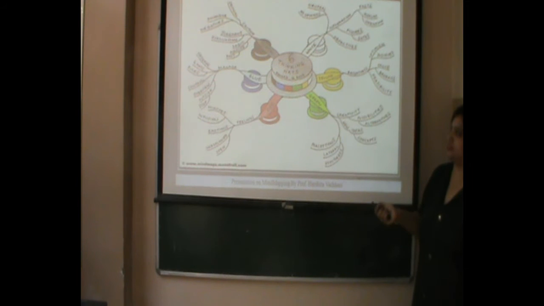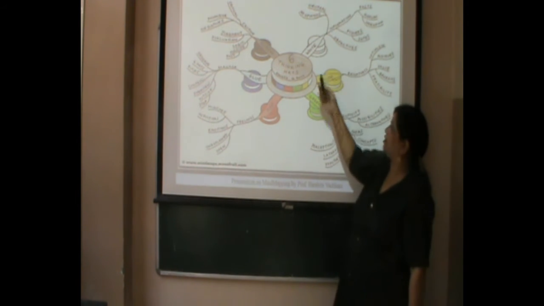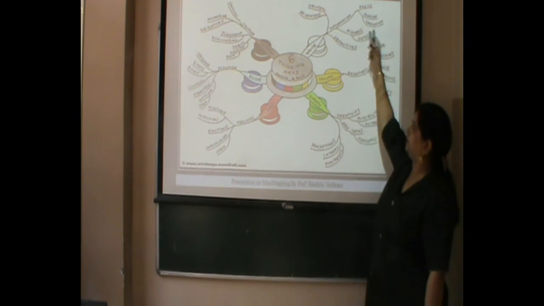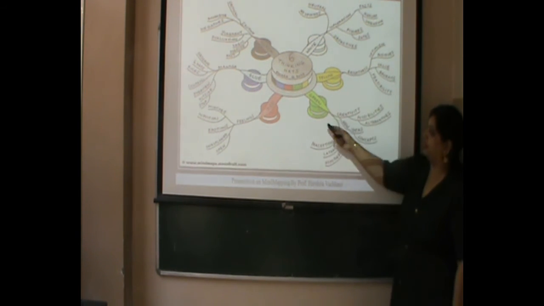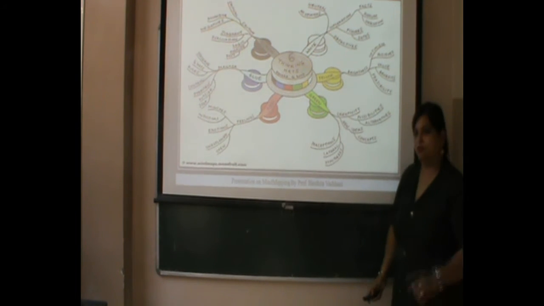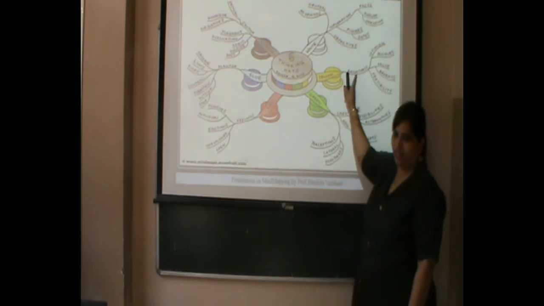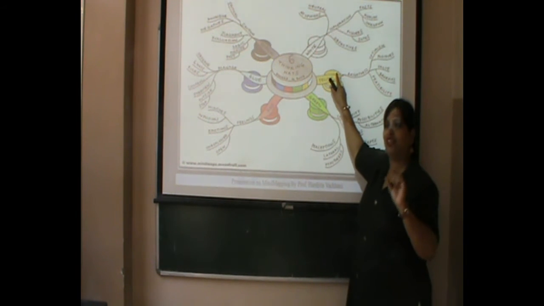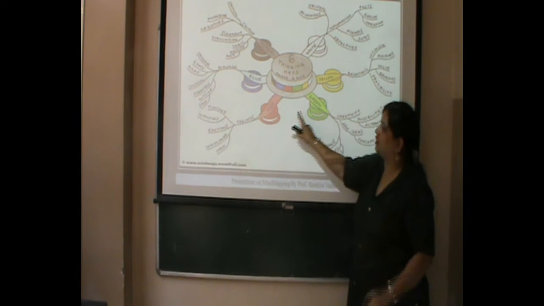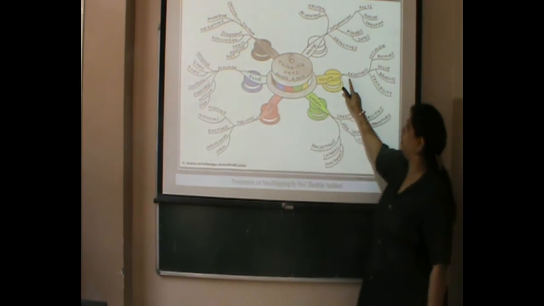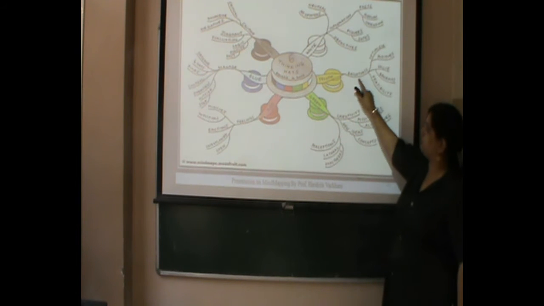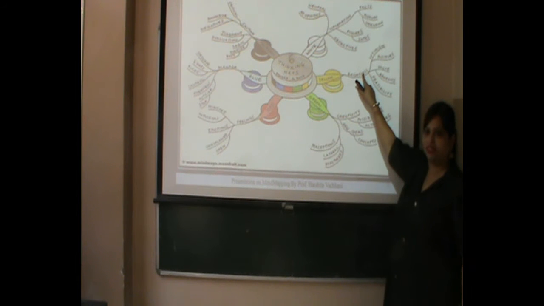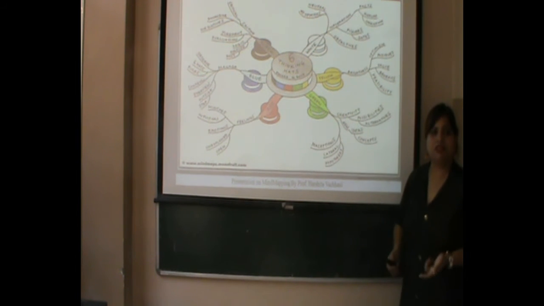Now these are the 6 thinking hats. The hats, you could see white, yellow, green, red, blue and black. So what do these hats do? In this way you can make the hats picture and you can draw the mind maps. Only one thing you need to remember, if you are using branching, the branch should be a thicker one, so that the students remember, we remember the thick branch was yellow, the thick branch was green, the thick branch was red. And the sub-branches should be the thin branches. This should be thinner than this branch, and this branch should be thinner than the previous branch, so that we remember the things.